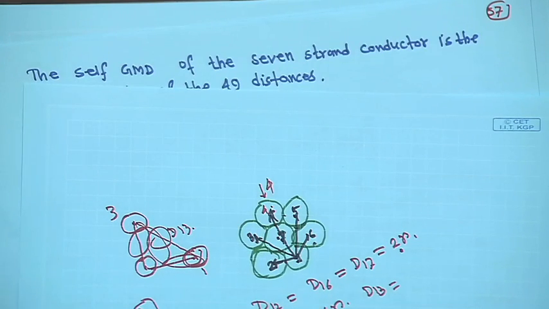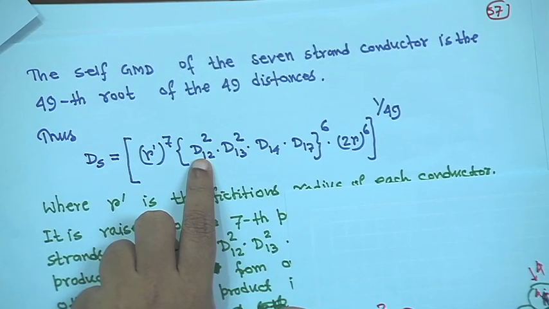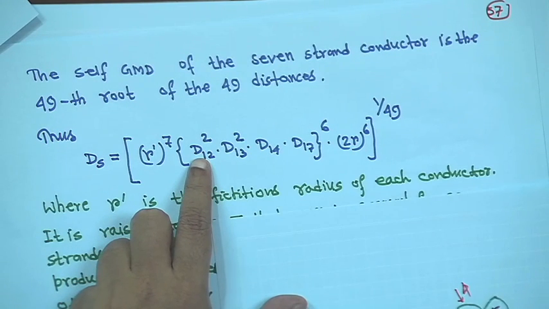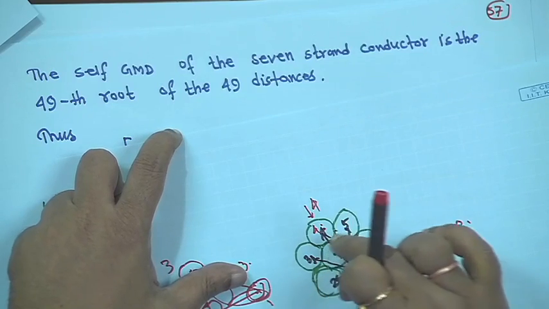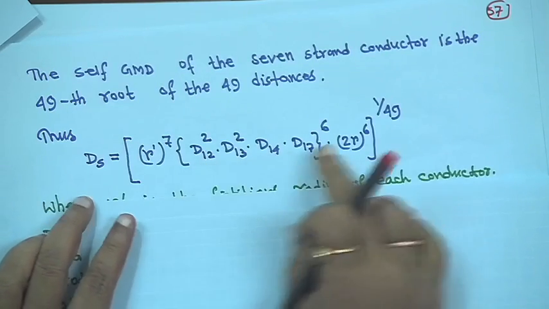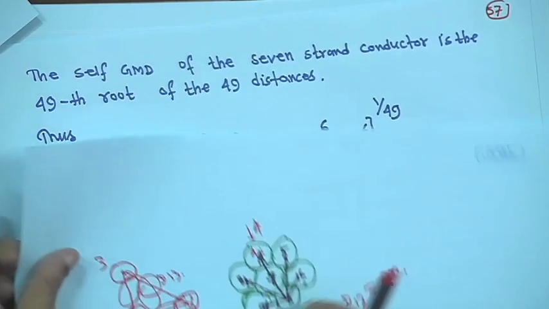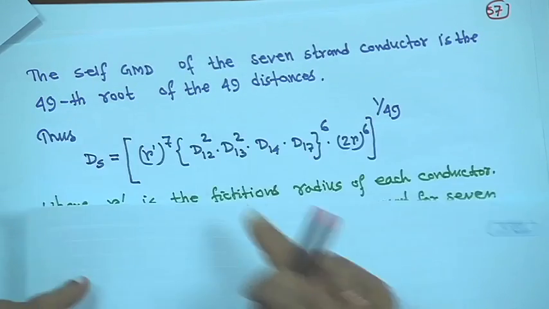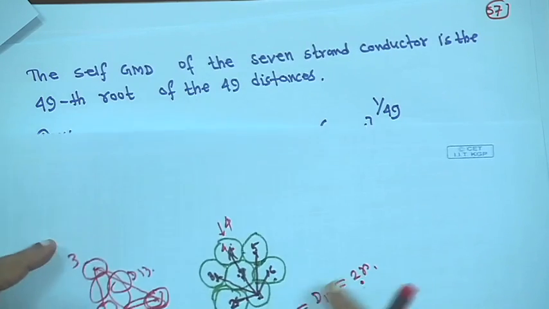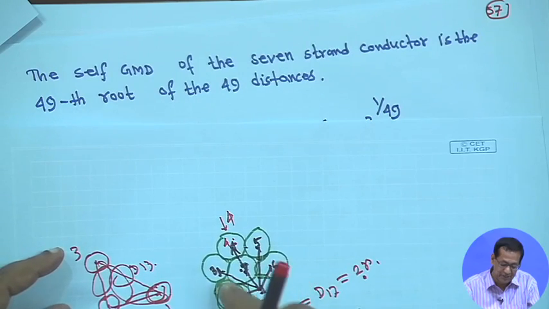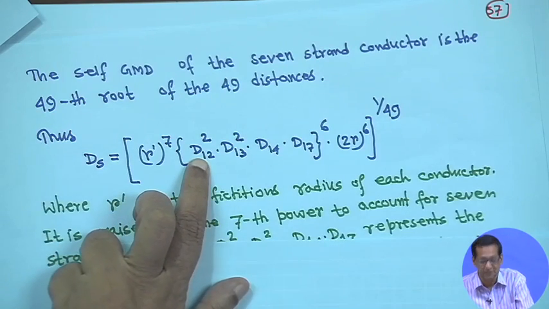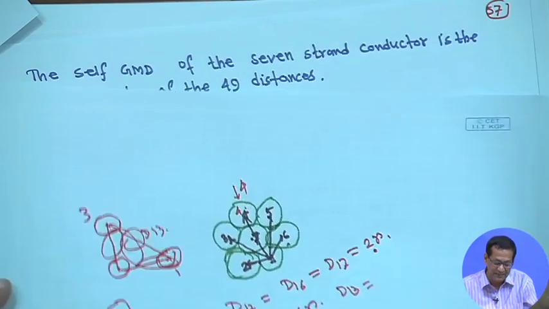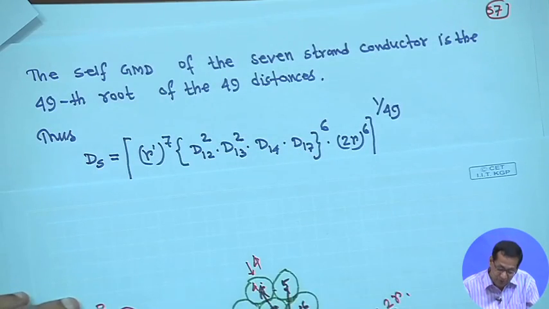That is why here it is made d12 square, but you have 6 conductors surrounding the central conductor, right. That is why d12 square, but the power should be 6, because for each conductor, if you consider, the 2 distances are the same. That is why I have written d12 square, rather than complicating the thing with d12 into d16 into d23 into d34 like this. So, simply we have written, they all are the same. So, d12 square. Similarly, if you consider 1 to 3, then d13 square comes,